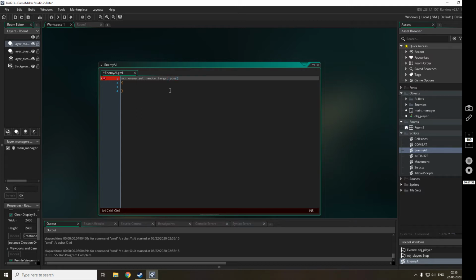I'll write it completely, and I have to write a function here. So I think I have to give a semicolon. Okay, so this will basically return a random target position. It will need some things. The first thing it will need is the current X and Y, and the third thing it will need is the max